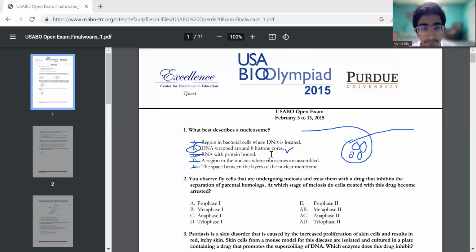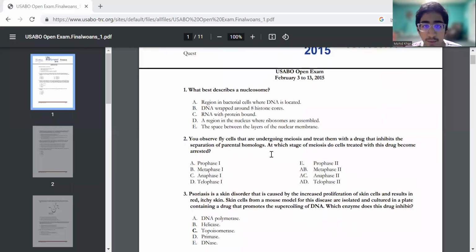All right. Let's go to question number 2. You observe fly cells that are undergoing meiosis and treat them with a drug that inhibits the separation of parental chromosomes. Okay, this is a very common technique with the USABO. Whenever you see that a drug is inhibiting a certain process, that's what you need to focus on. Because it's inhibiting separation of parental chromosomes, I'm already thinking this is going to be meiosis II, because we already have